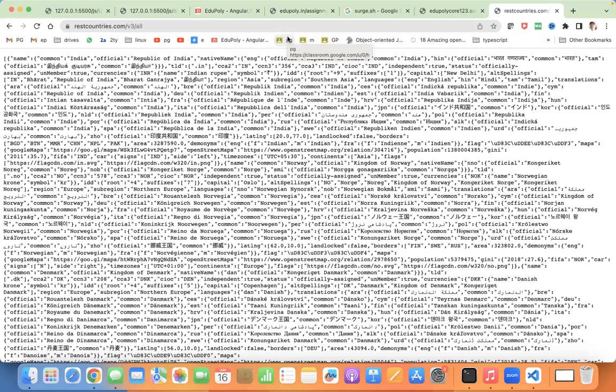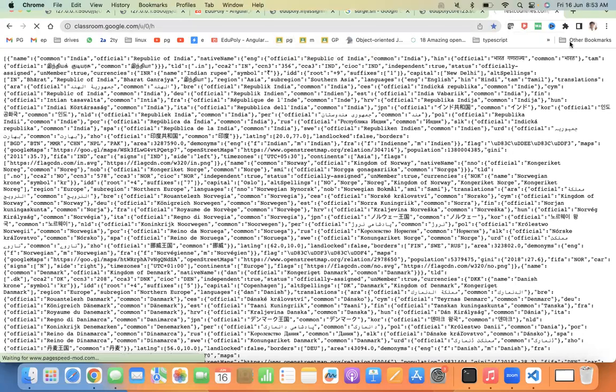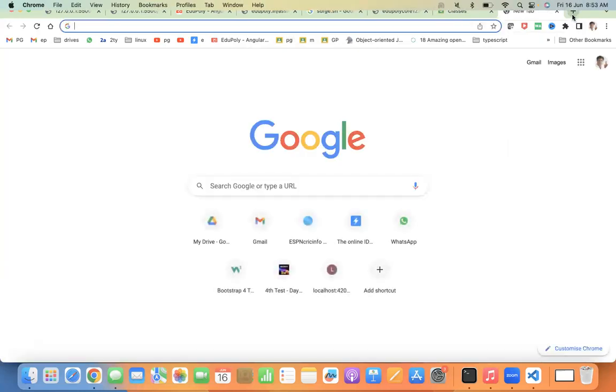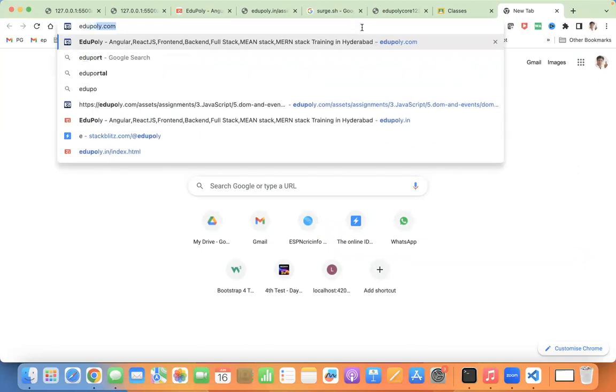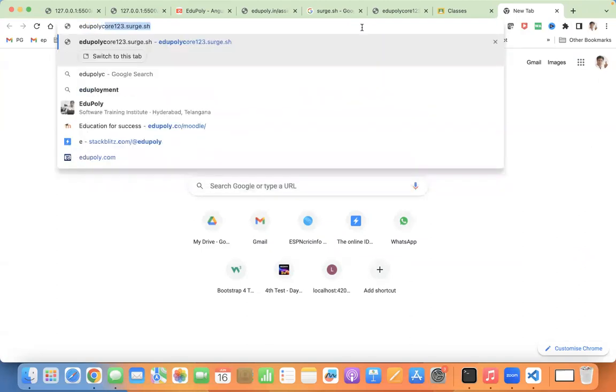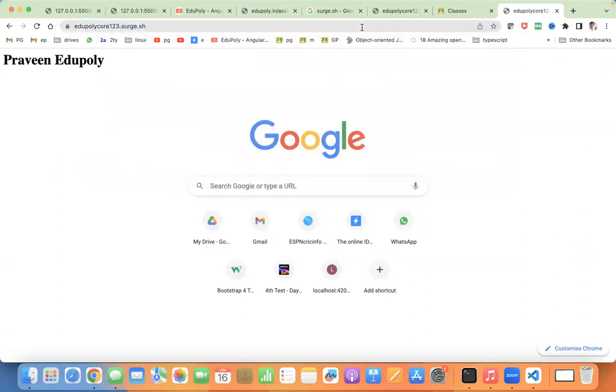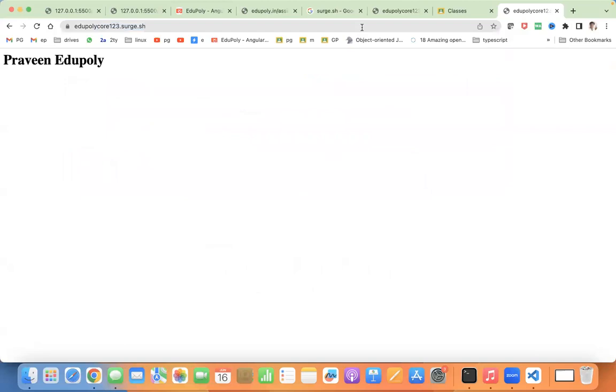Is it clear, sir? This is API. When I send a request to the API, I don't get the page. When I send a request to a web server like edupolycore123.com,